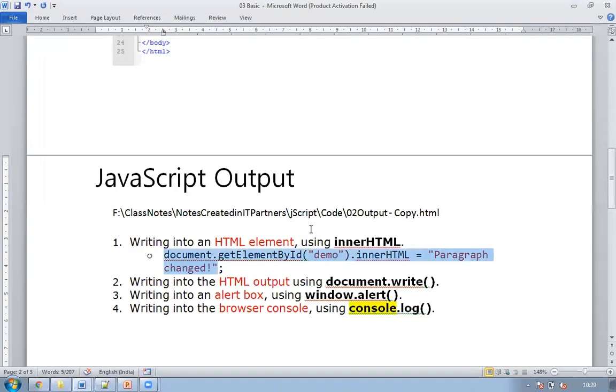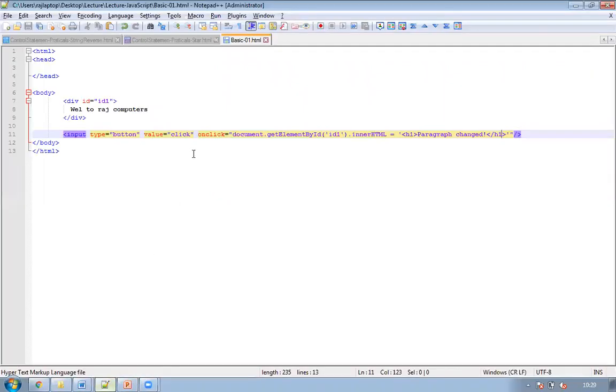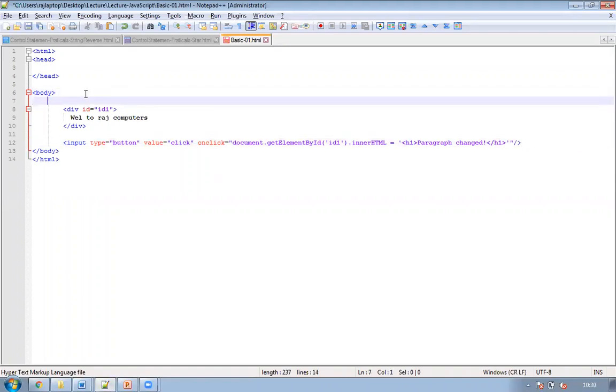So let's go to the second option. The second option is document.write. I think you know all this because we have tried this a lot of times. So what I can do, I can just come to this document and I can display anything. Suppose I'm displaying it here. We're saying script.